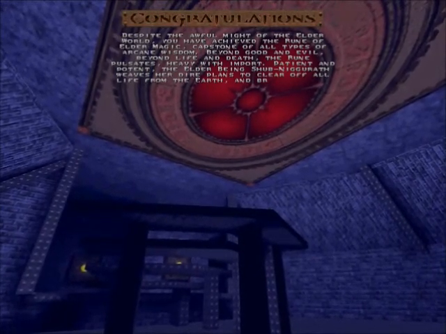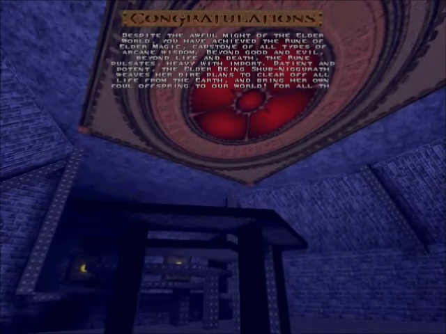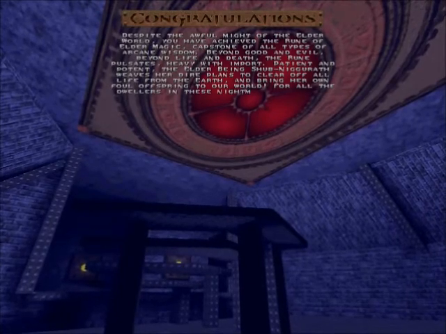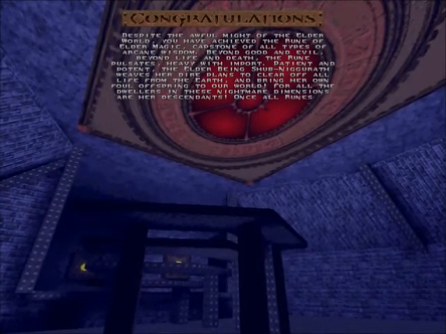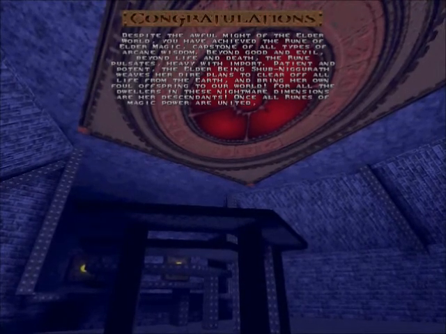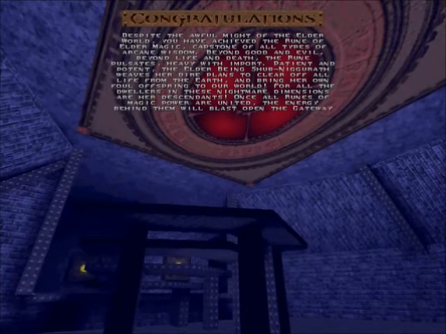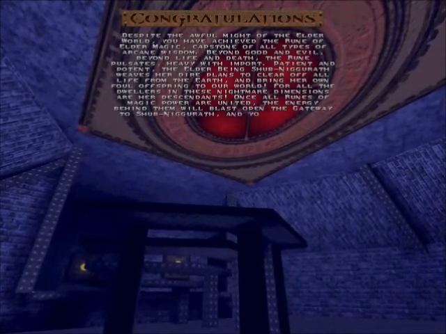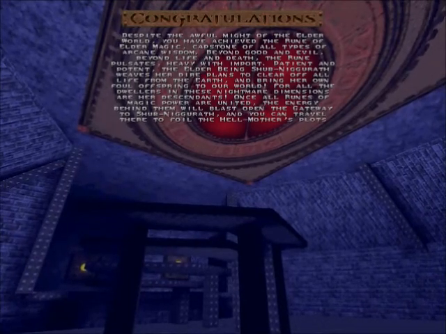So despite the awful might of the Elder World, you've achieved the Rune of Elder Magic, capstone of all types of arcane wisdom. Beyond good and evil, beyond life and death, the rune pulsates, heavy with import, patient and potent. The elder being Shub-Niggurath weaves her dire plans to clear off all life from the earth and bring her own foul offspring to our world, for all the dwellers in these nightmare dimensions are her descendants. So once all runes of magic